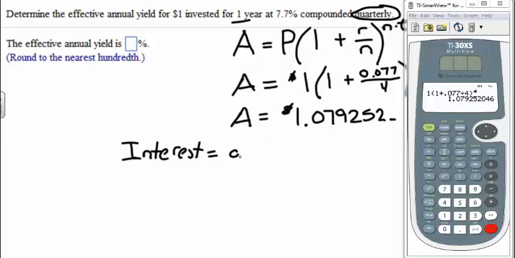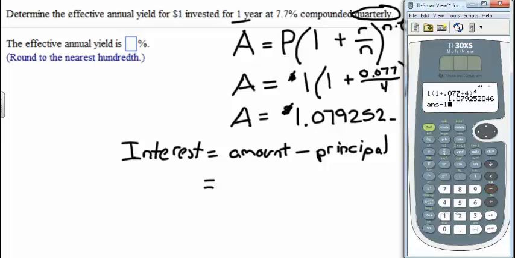So that's going to be equal to the final balance minus the original amount of money we invested, which was the principal. So in our calculator we have the amount, and from that we just have to subtract the principal of $1. So minus $1, that would give us